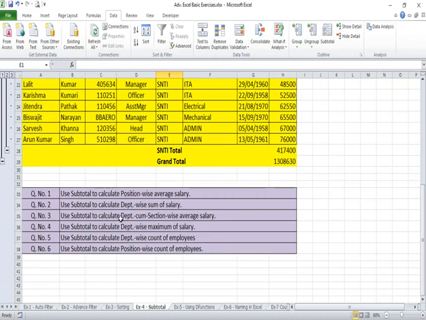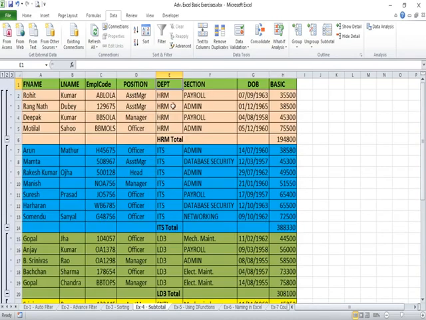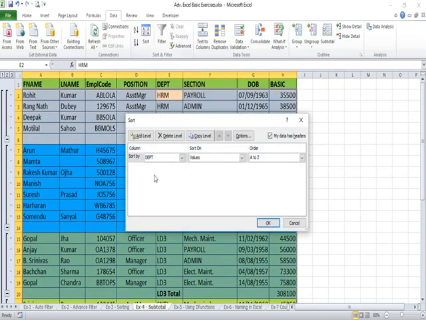You will have to sort the data on department first and then on section. So we are using custom sort, and here we will use department as the first level of sorting and add one more level, and we will select section here to add another level of sorting, and we will click OK.